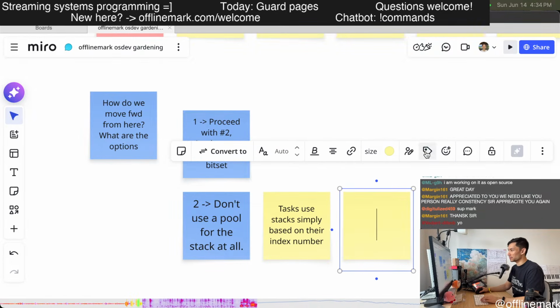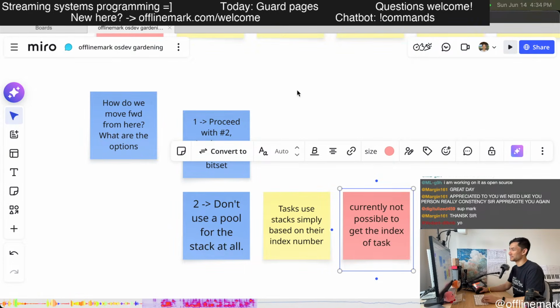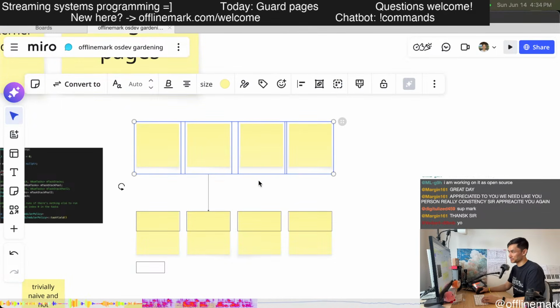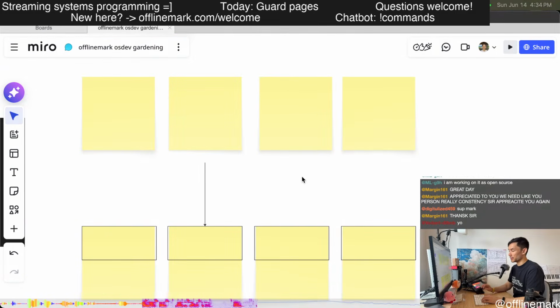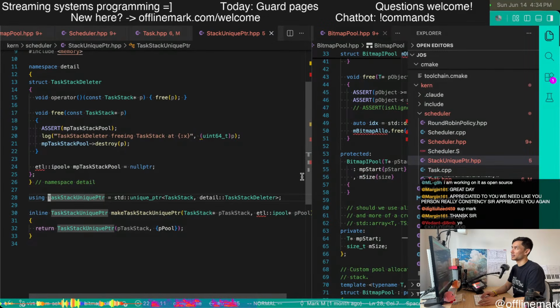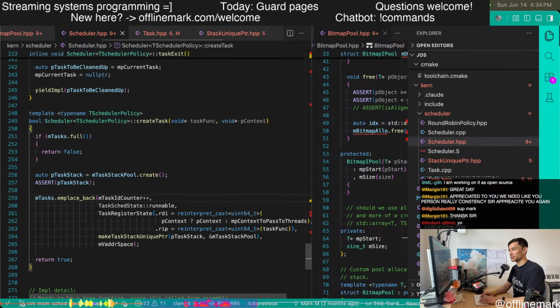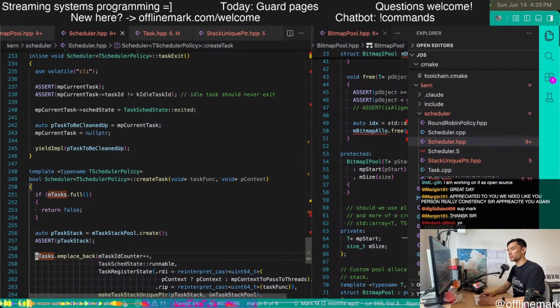The key problem is that it's currently not possible to get the index of a task. That is not exposed by the ETL list container. The ETL list container, the list, it's over here. So it's this mtasks thing. And weirdly, my definition isn't working, but